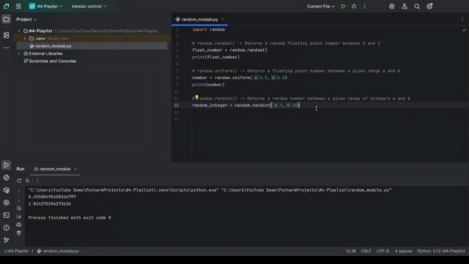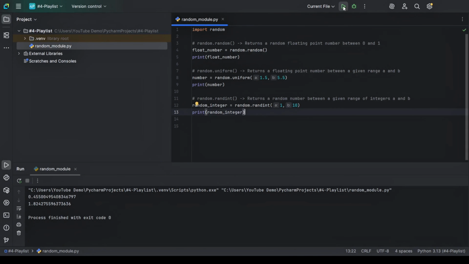you can see when I input the range I want, it automatically assigns the a and b to this range, which means it is going to return a random number between the range 1 and 10, including the number 1 and the number 10. So it includes the range a and b in this random.randint. So it will only return a random number between the range we pass in this function. You can decide to put any range you want, but I'll be using the 1 to 10 range as an example. So when we print random integer,